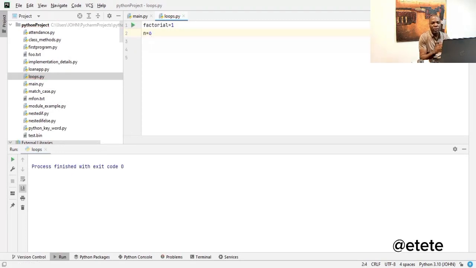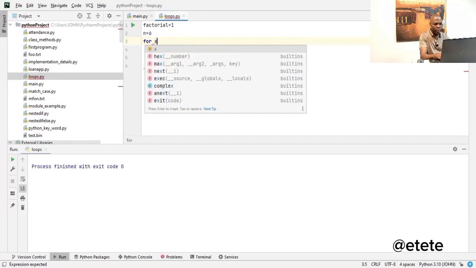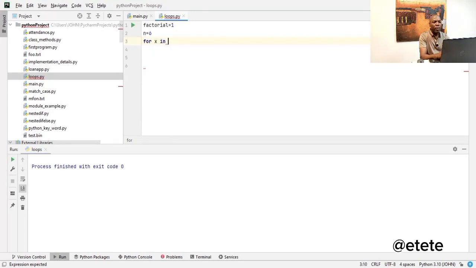So what this means is that I want to calculate the factorial of 6. Now that is what I want to calculate. Now I will now bring in my for loop. So I'll say for, I will declare another variable, which is a placeholder, a temporary place that I will use for my iteration. Then I will say x for x in. Now I am going to use a data structure. In one of my classes, I have taught you range, right? Range data structure. So I'm going to use that range data structure here. So for x in range,